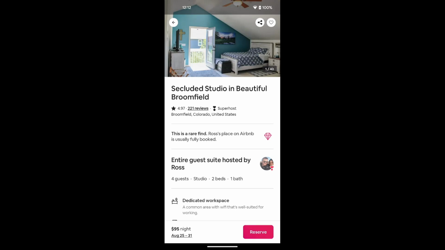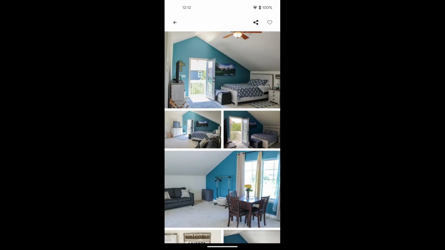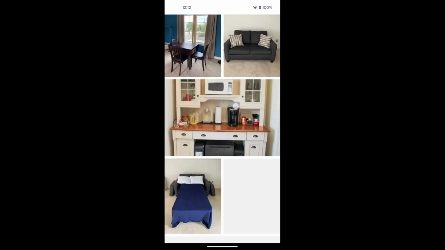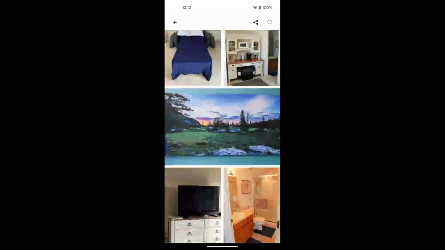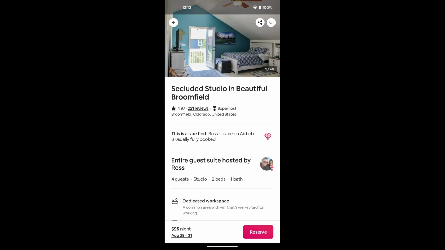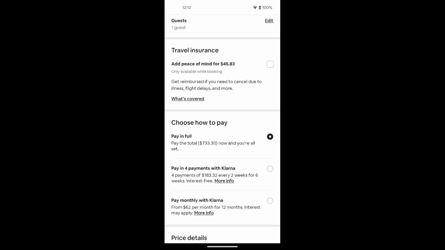To look at photos, click on the first photo at the very top, and then you'll see a photo gallery, a list of different photos. You can also click on the first photo and swipe to the side to see details about each photo. And then, if you really like the property and would like to reserve it, just click the Reserve button. At this point, it's going to ask you to pay, and because we're not going to show that here, let's talk about the next app.